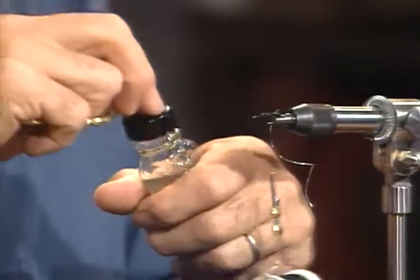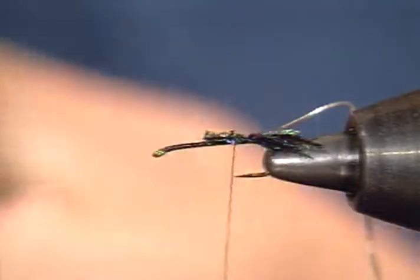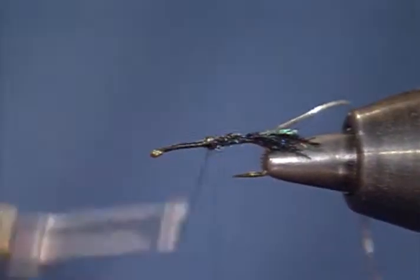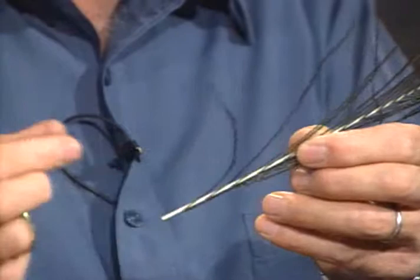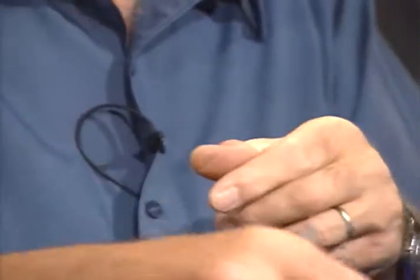Now, I've tied the rib in. I'm going to go ahead and put just a light coating of this rubber-based cement on it, and we'll spin that peacock herl right into that. And I'll come back here to the back, and I'll take 4 or 5 sections of this peacock. This is not a real long fly, but...